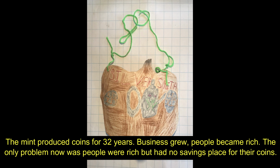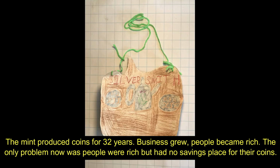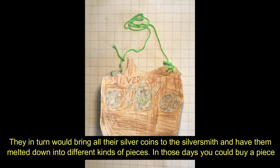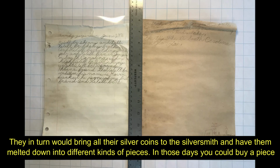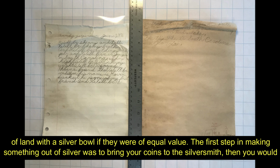The mint produced coins for 32 years. Business grew. People became rich. The only problem now was people were rich but had no savings place for their coins. They in turn would bring all their silver coins to the silversmith and have them melted down into different kinds of pieces. In those days, you could buy a piece of land with a silver bowl if they were